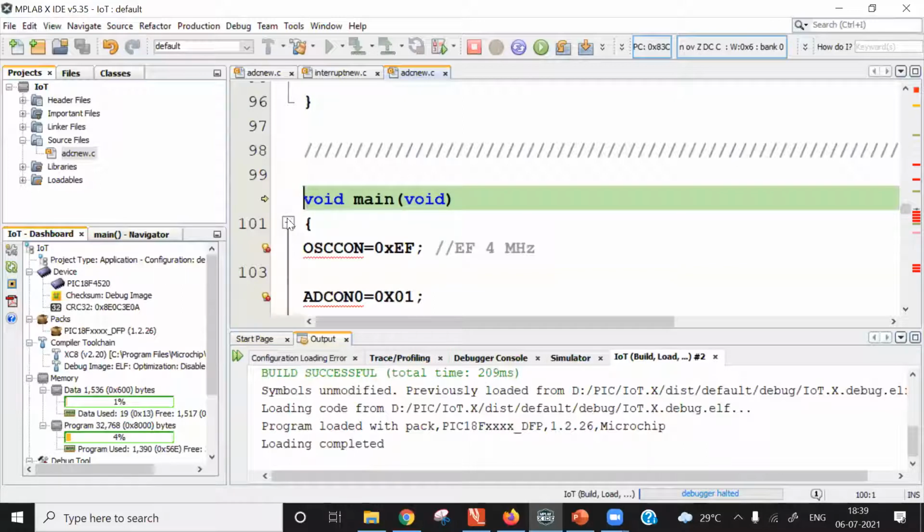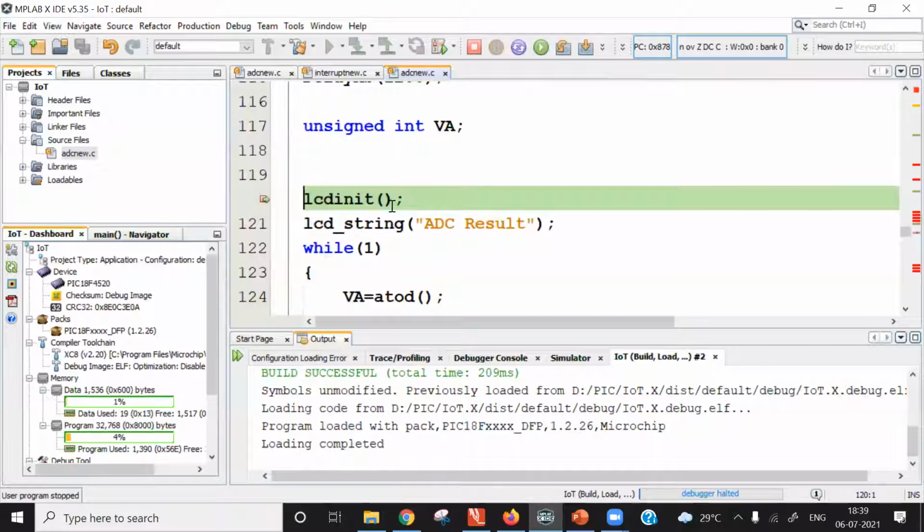What you can do is start execution by clicking on this icon, the green circle with a play button. If I click on it, program execution will start till the breakpoint is encountered. We have added a breakpoint on line number 120, and you will see the green arrow pointing towards LCD INIT. So our program is halted here.